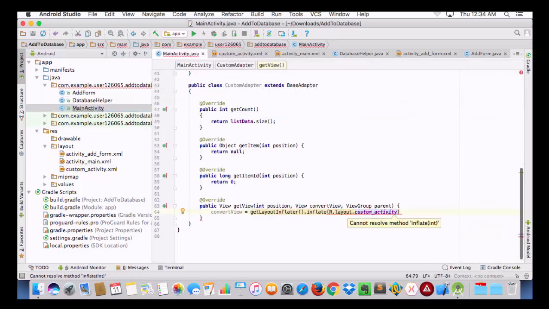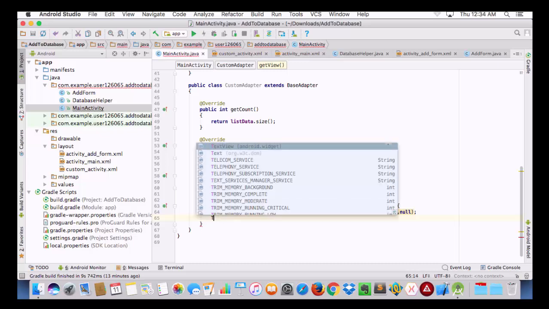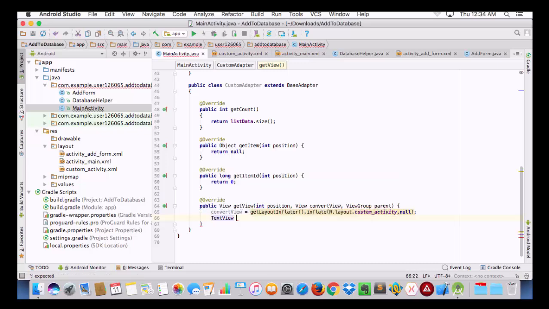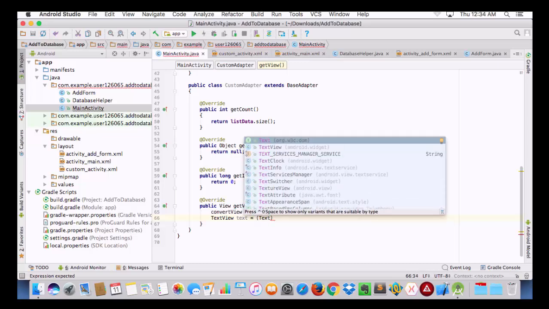Now we'll go back and we'll create here the second variable null, and then we are going to take text view equal to text equal to text view,